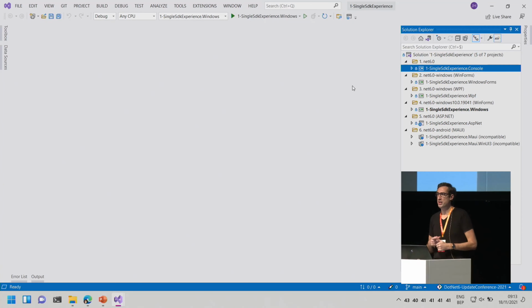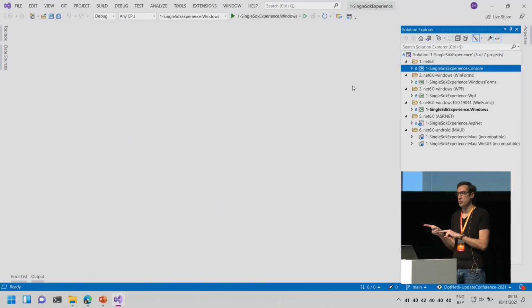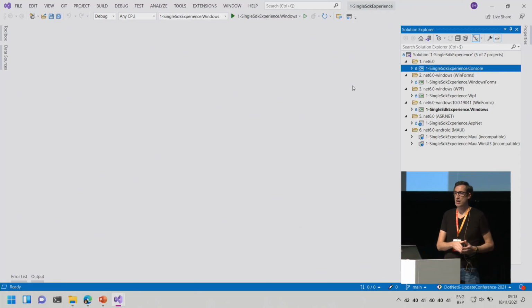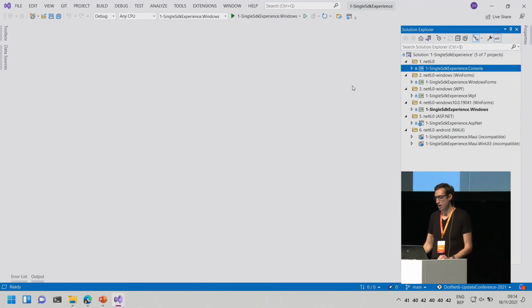You can create new projects. All the project templates are within the SDK for .NET. They're also in Visual Studio, but you don't need Visual Studio to create a new ASP.NET Web API project, for example. You can do that from the command line, which is very powerful. You want to run your unit tests, you want to publish your application, all of that stuff is part of the SDK. You don't need Visual Studio to do that. So you, as a developer, have all the freedom to do whatever you'd like, how you want to develop code. You can still use Notepad and the C# compiler directly if you want, but of course all the tools within the command line are very powerful.